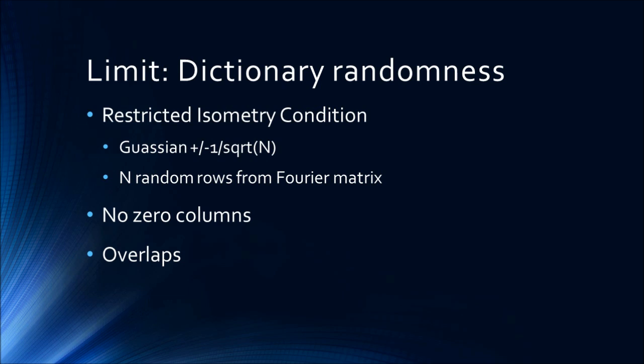There have been several papers I've been reading about this. Some say that the elements of that array need to be very random, drawn from a Gaussian distribution, basically a coin toss divided by the square root of the number of samples you want to keep. Others say just grab n random rows from the otherwise square Fourier or DCT matrix. Others say almost any matrix will do, so knock yourself out. Personally, I've either had really bad luck or that's not true. So I'm sticking with the Gaussian with the coin toss, or the random rows from DCT or Fourier.